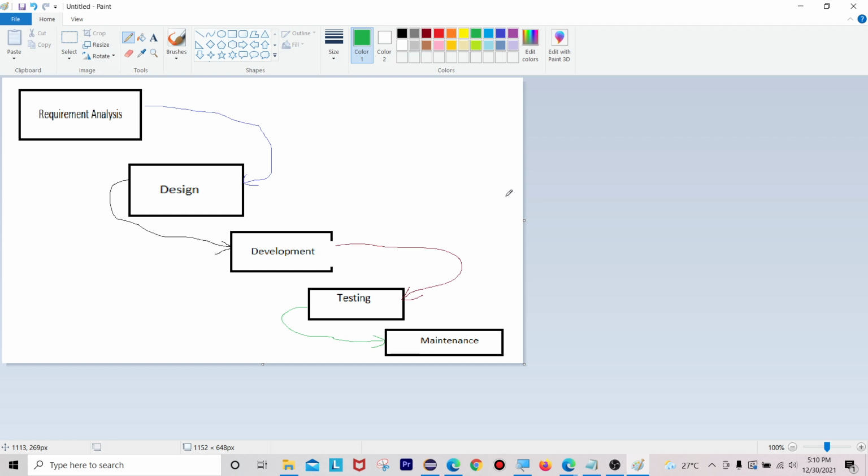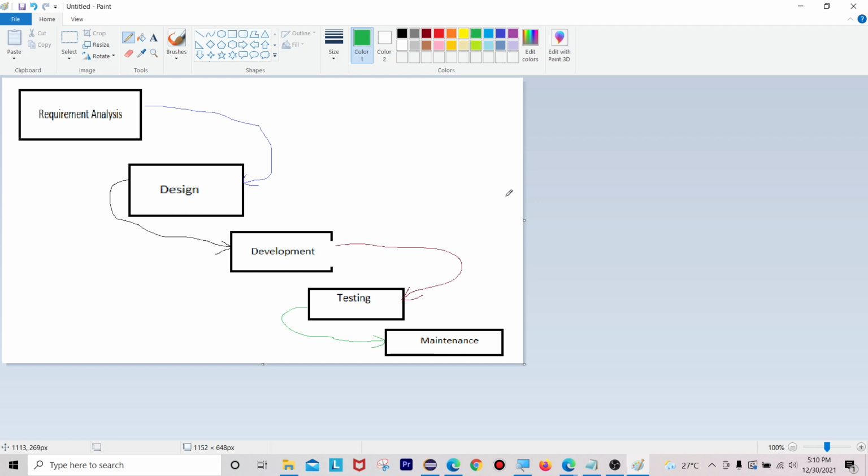So first they will ask you about what is an SDLC, that is software development life cycle. Inside the software development life cycle, what are all the models we can have? As you can see, there are few phases. The first phase is gathering the requirements, the second one is planning, the third one is design phase, the fourth one is coding phase, the fifth one is testing, and the final outcome is delivery and maintenance. So these are all the phases of the software development life cycle.